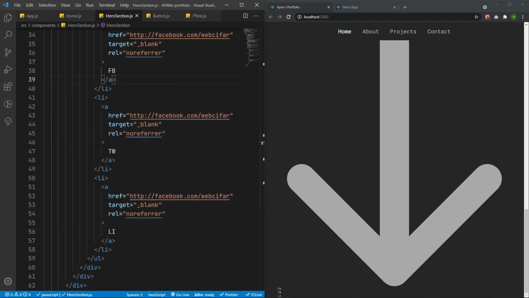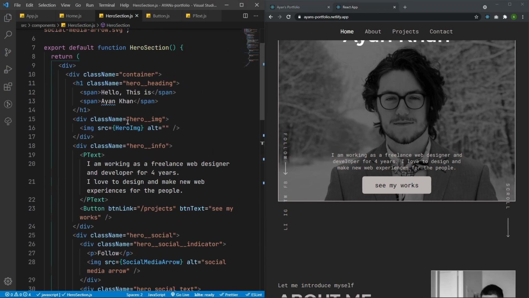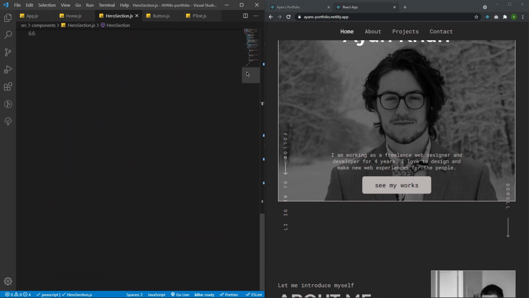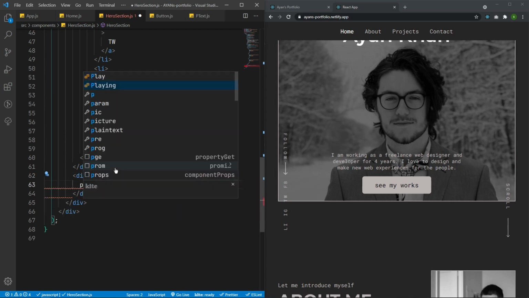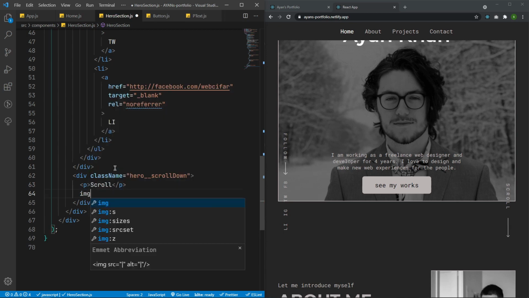So after that let's do the indicator, which is a scroll down indicator, which will be after this whole div, as you can see here. This is the whole hero social div. After this whole div we will have our new div with a class of hero scroll down, and here I will have a paragraph which will be scroll, and also I'll have an image, and here the image will be our normal image,